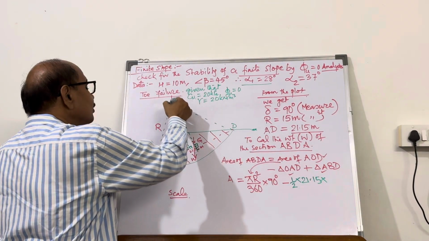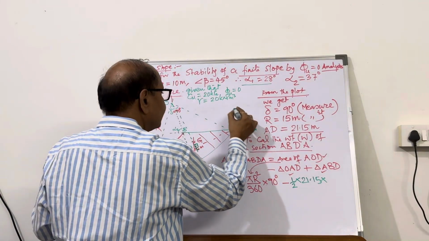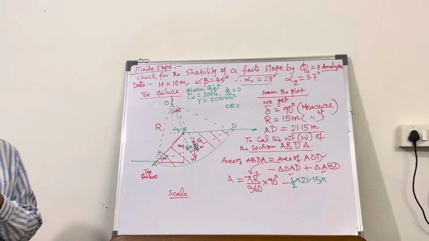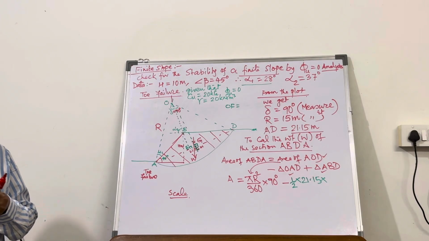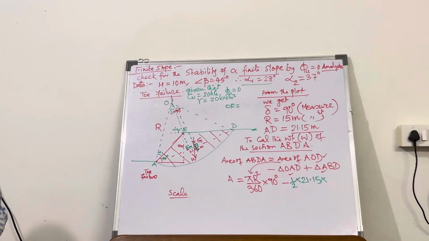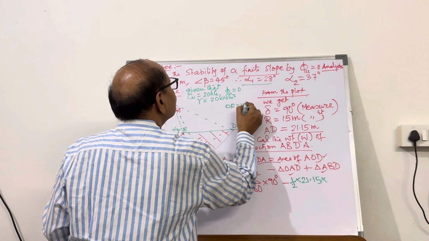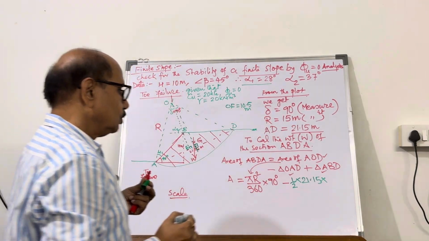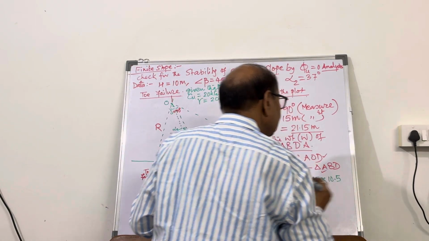Now because you have dropped a vertical OF, so measure OF, and if you measure OF, you can record it, and this OF is 10.5 meter. So after measuring